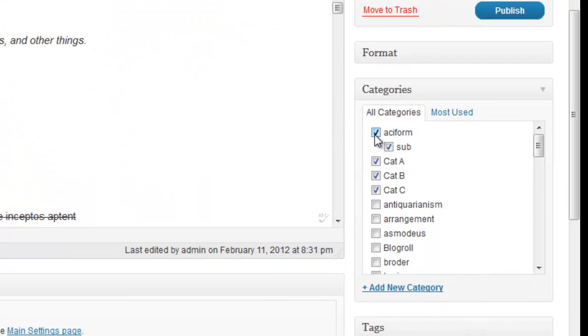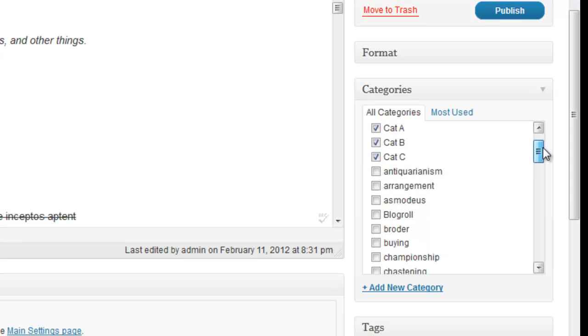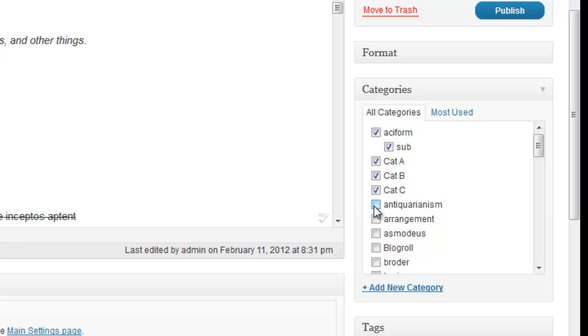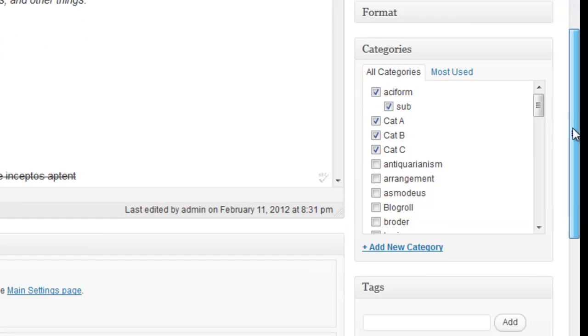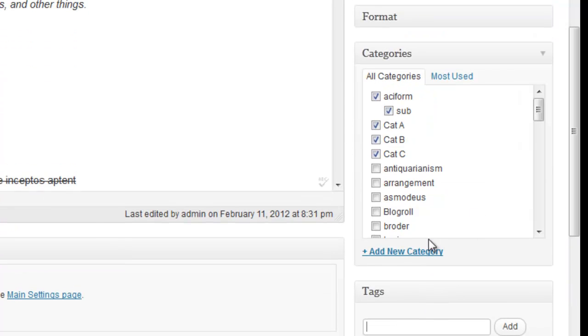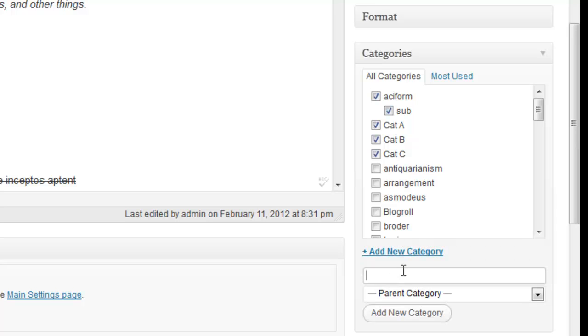You're going to see down here we have all these different categories, and we keep these as they are. We have all of these different categories because this is a test site, and like I said before, you want to have one, maybe two categories, possibly three if you really can't keep from doing it per post. And then tags, down here you're going to see all these tags. If you wanted to add a new category, I'm sorry, I'm jumping all over the place. Let's go back to categories real quick. If you want to add a new category, just click this add new category link,